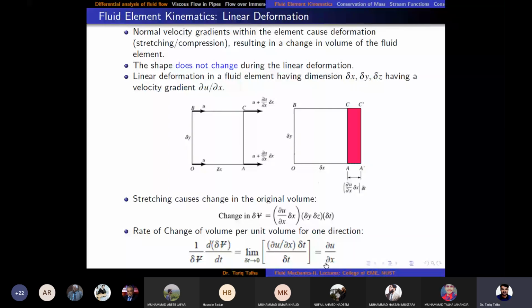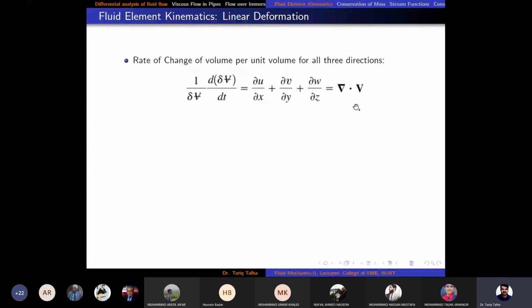Similarly, for the rate of change of volume per unit volume in y direction, that would be equal to partial v by partial y and partial w by partial z. और अगर हमने टोटल रेट ऑफ चेंज ऑफ वॉल्यूम निकालना हो तीनों डायरेक्शन में तो हम उन तीनों को ऐड कर देंगे, जो कि हमने अभी इंडिविजुअल डायरेक्शन में निकाला था, तो वो हमारे पास आ जाएगा पार्शियल u बाय पार्शियल x प्लस पार्शियल v बाय पार्शियल y प्लस पार्शियल w बाय पार्शियल z, और उसको वेक्टर फॉर्म में हम लिख सकते हैं डेल डॉट V।